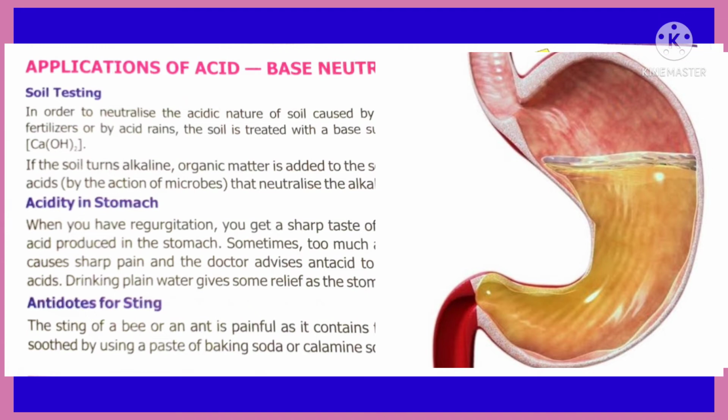At that time, our stomach gets pain because a larger amount of hydrochloric acid secretion causes damage. So we immediately rush to the doctor due to the pain. What does the doctor prescribe? The doctor immediately gives us a base-rich medicine, that is milk of magnesia, called magnesium hydroxide, which is a base. So on taking this milk of magnesia base, our stomach will be neutralized. Thus we get relief from the pain.